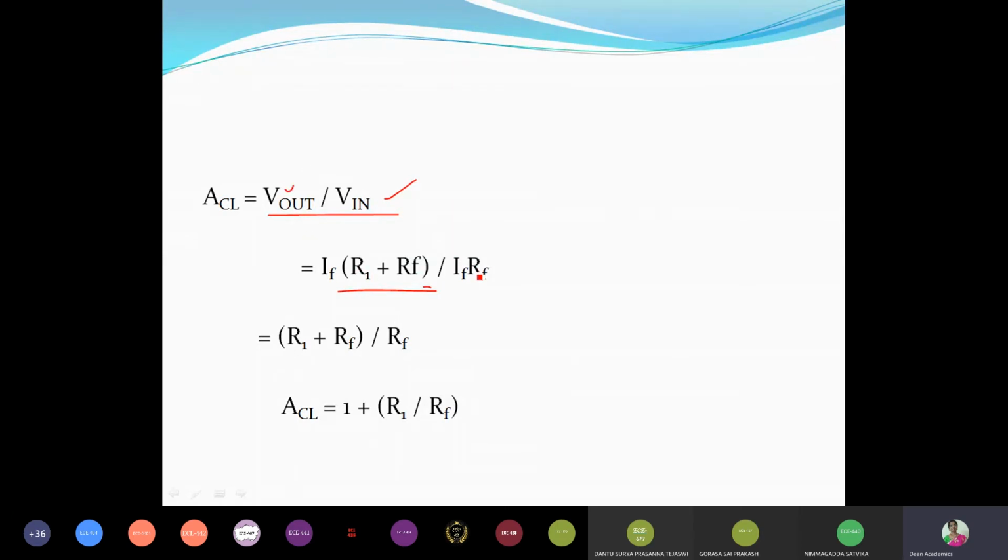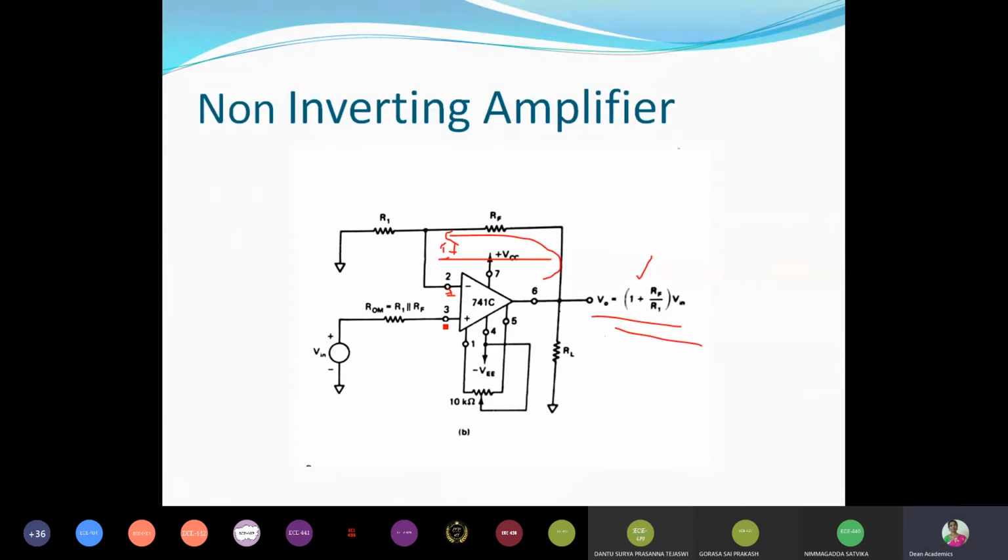Then what is V in? V in is equal to, actually, this value. Here we do not know how much we give. Therefore, in other words, we can say V in is equal to whatever potential we have here,